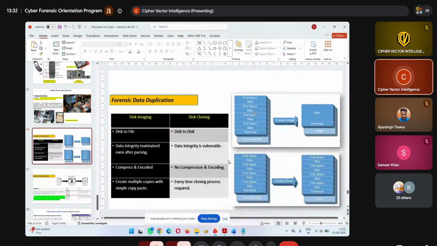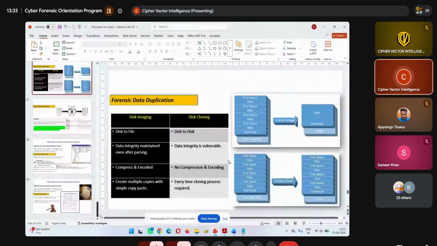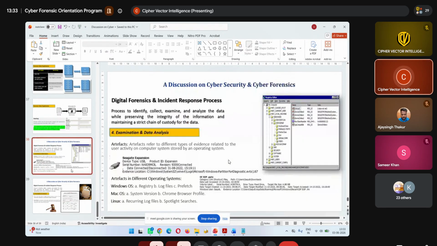This is the forensic imaging I'm talking about. Whatever data you have, whatever free space and unallocated space you have, all of it is created into one single file, called a forensic image. In cloning, all the bits and entries in your hard disk are cloned as they are onto a different hard drive. There are a lot of things to discuss. This is just an overview, and this is one of the features I'm going to show you in